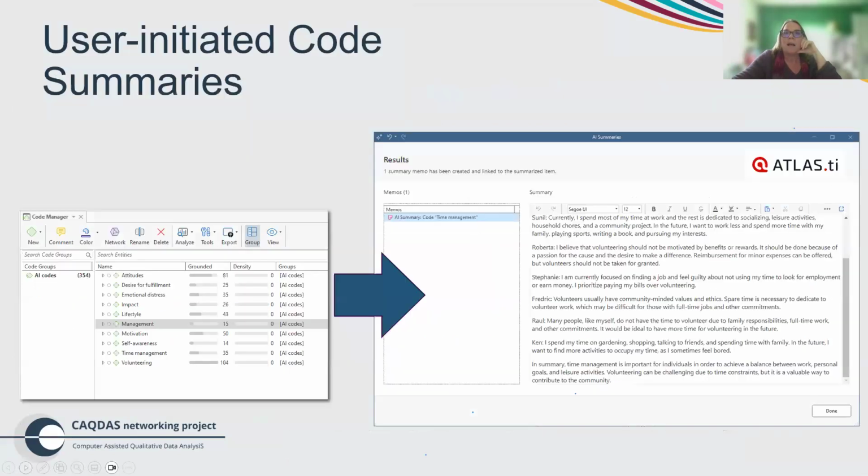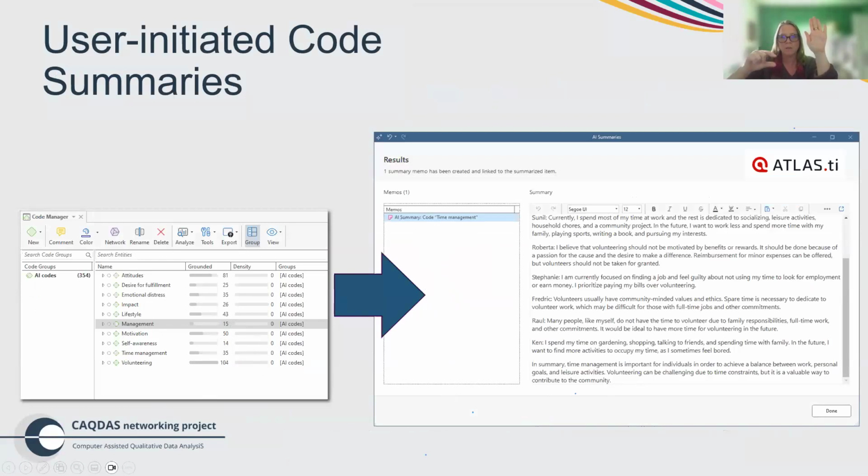In Atlas TI, we can generate a summary based on codes. Here's a code called management, which has some data already coded at it, and we can ask the AI to summarize the code. So this is not looking at one piece of data.